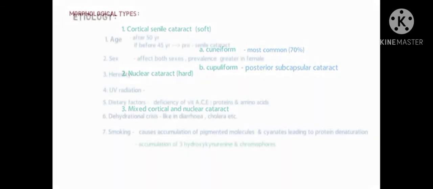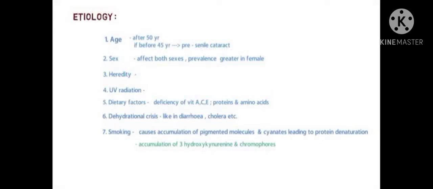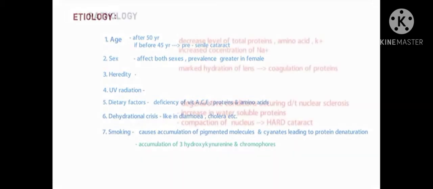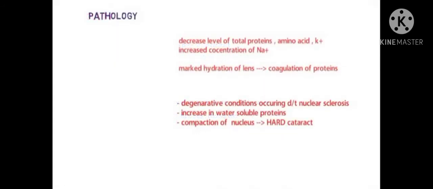Then, we discuss the etiology of the cataract, in which we look at age, sex, heredity, UV radiations, dietary factors, hydrational crisis, and smoking. These are the etiologies behind the formation of senile cataract. Then we take a look at the pathology behind the formation of senile cataract, in which we take a look at